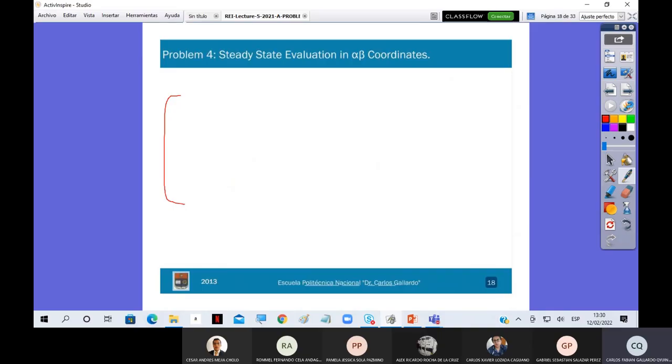So I will have the stator current in alpha coordinates, rotor current, okay, so substituting the values, I will have